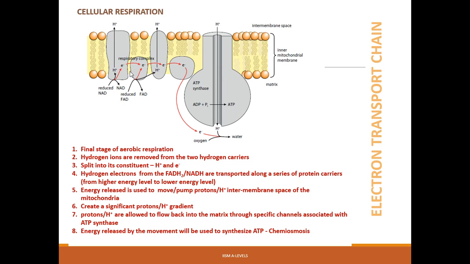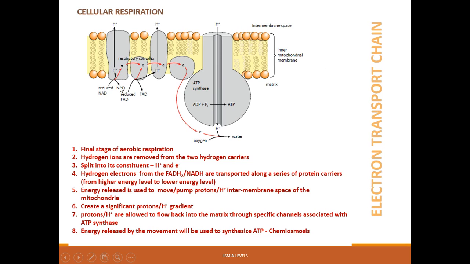Okay, at the electron transport chain, the hydrogens are removed from both of the hydrogen carriers. They are removed from both the NAD and FAD. And those hydrogens will then be split into their constituents, which are the hydrogen ions and the electrons. The high energy electrons will be transferred to the series of electron carriers,